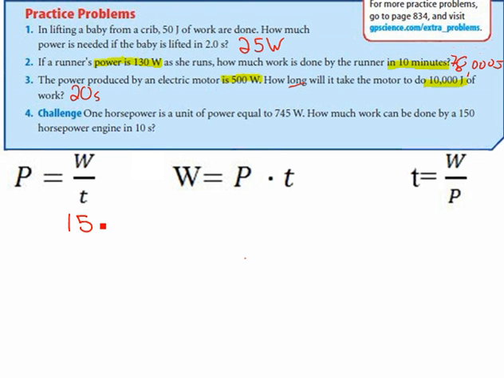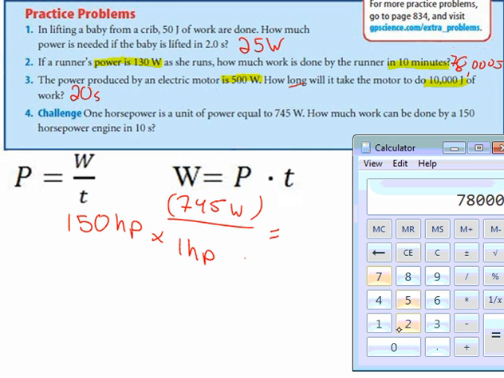So we have a 150, my apologies, horsepower engine. And we need to convert that into what it would be. 1 horsepower is equal to how many watts? Since it's equal to 745 watts, we're going to take the amount of horsepower and multiply it by the unit of watts, 745. We plug that into our calculator. We take 150 horsepower times 745 watts, and we see that it's going to be